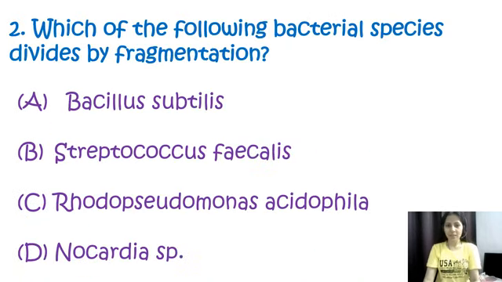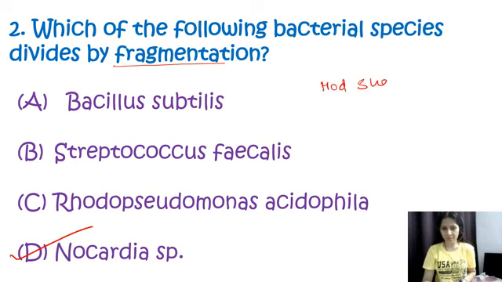Question number 2. Which of the following bacterial species is divided by fragmentation? So options are Bacillus subtilis, Streptococcus faecalis, Rhodopseudomonas acidophila, or Nocardia. So the bacterial species which divides by fragmentation is option D, that is Nocardia species. Now this Nocardia species is known to reproduce by the fragmentation process. So what happens in this, the filamentous cell breaks into smaller,